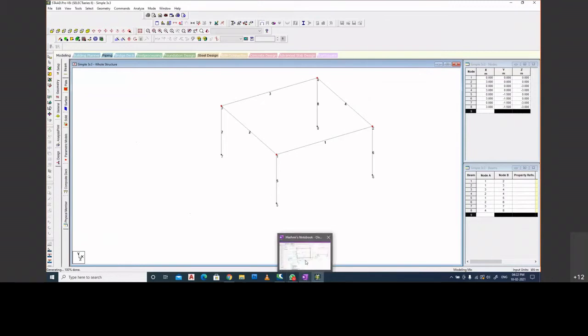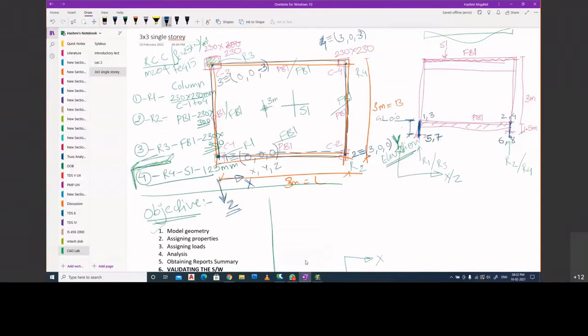What we are trying to do now is that we have successfully created our stub columns, from the foundation level till plinth level. Let us very quickly try to develop the geometry for the column which is from plinth level to first slab level. Okay, this was your foundation level.